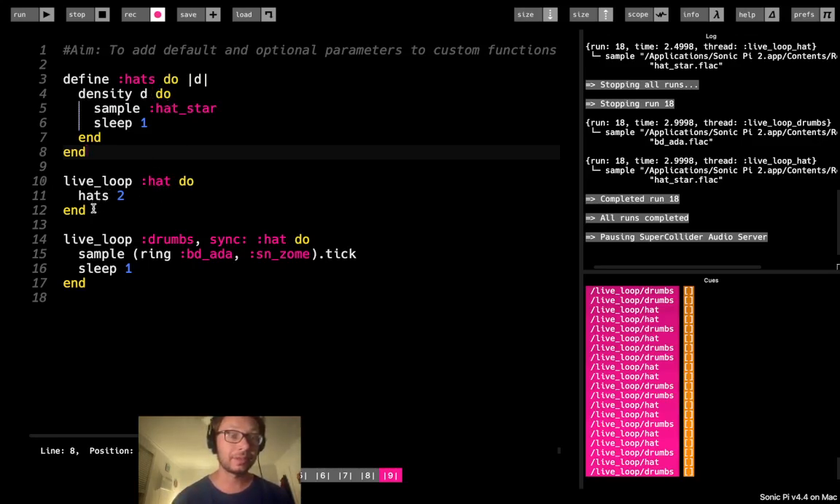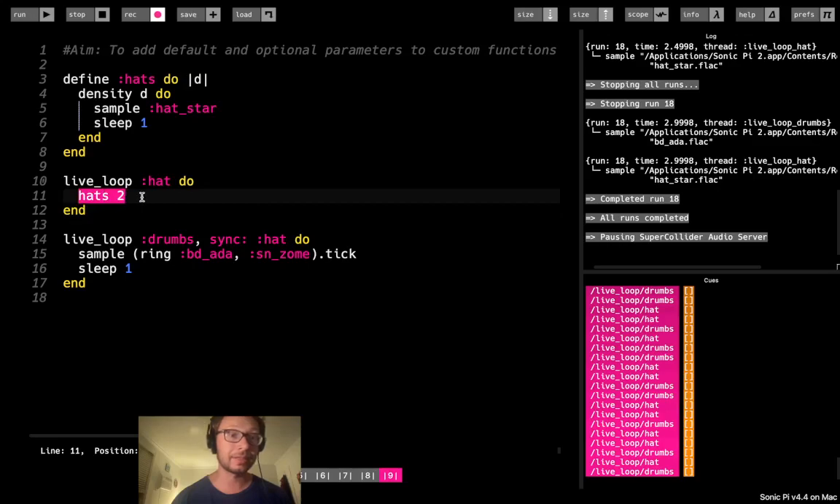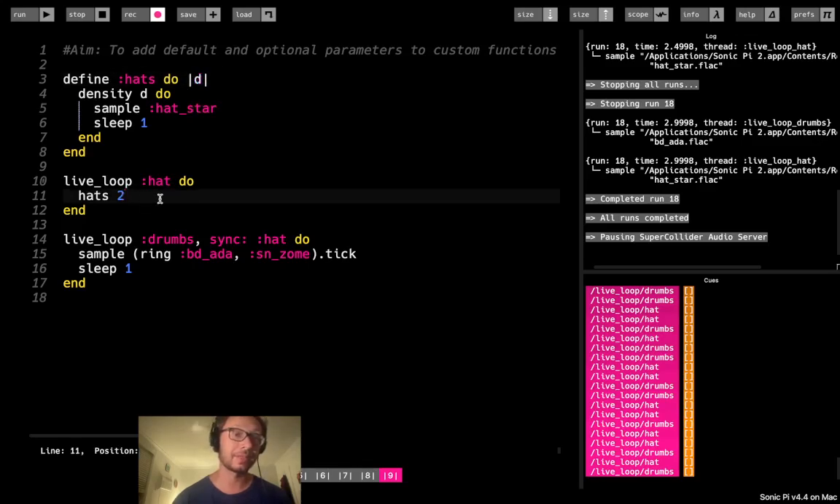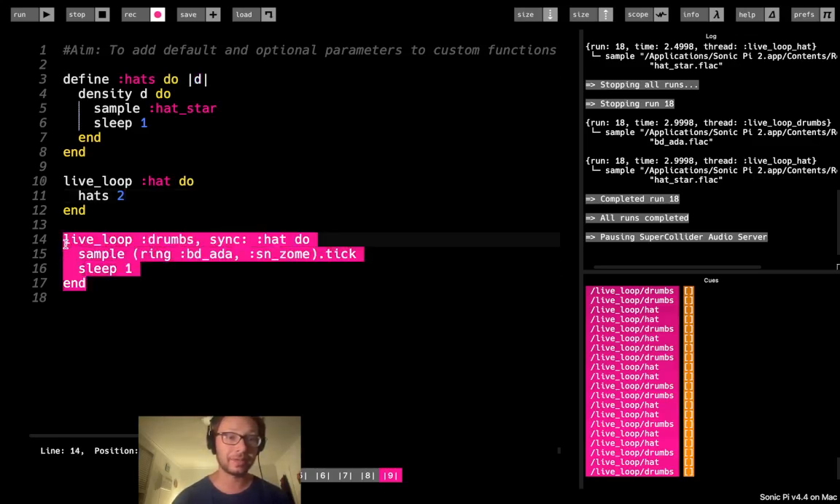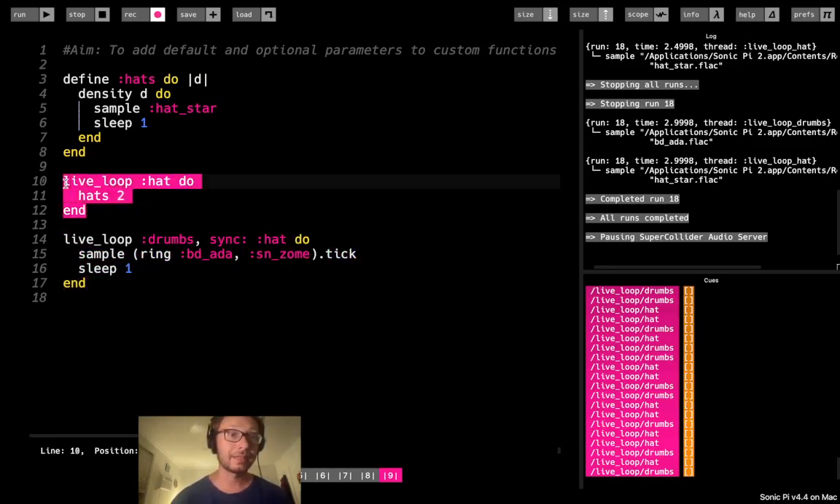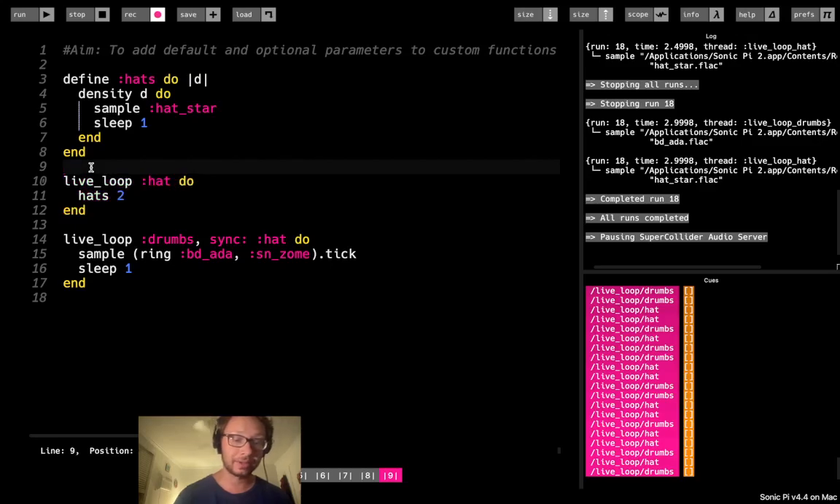Okay, so here in this live loop, I am calling that function, which is called hats, and then I have to pass it a single parameter, which is here as d, and in this case I'm going to pass it a 2, so it's going to play twice per beat. And then under here I just have a kick and a snare to kind of add to the drum beat that this hats function is going for. So just so you can hear it,